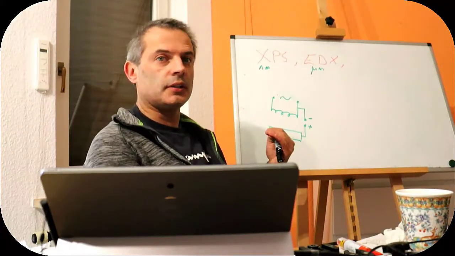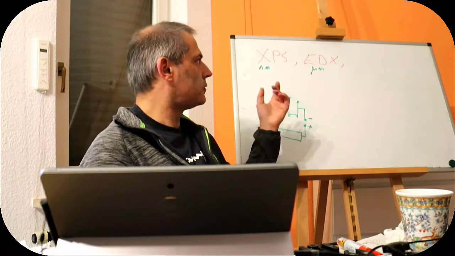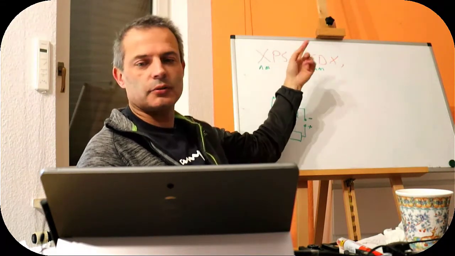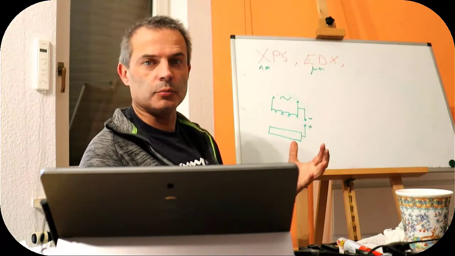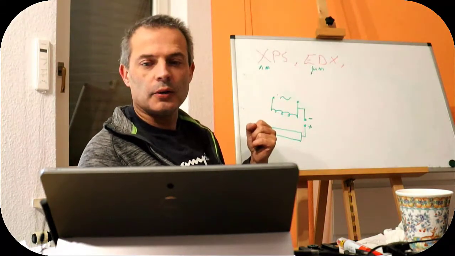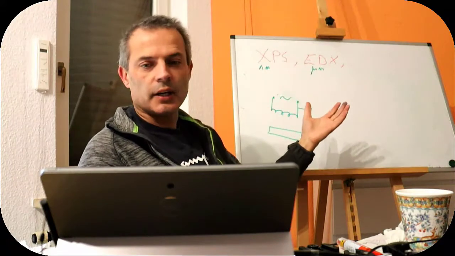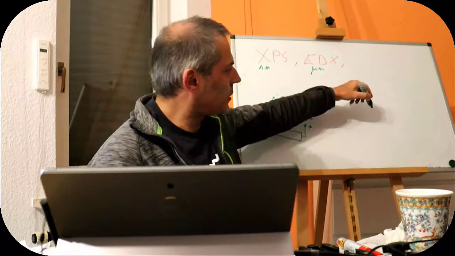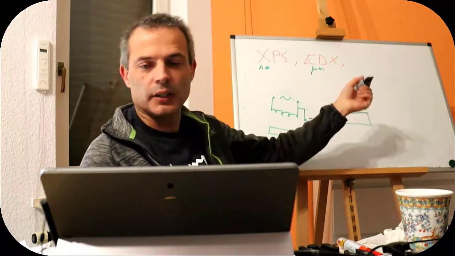Okay, the XPS is now going to be more complicated because we have to also explain how we make the X-rays, and to make the X-rays we have to make electrons, which we probably should have considered before. How do we make electrons? We're going to have a filament, which is a metal, because we need to extract the electrons from a metal